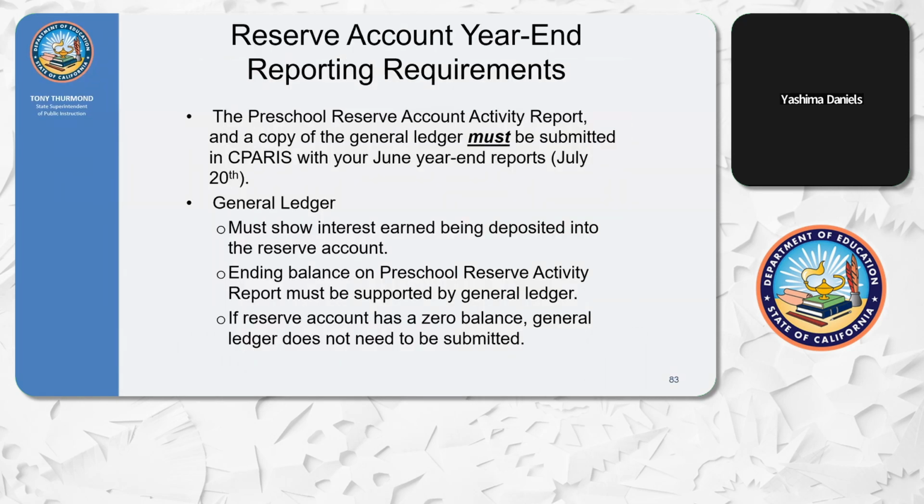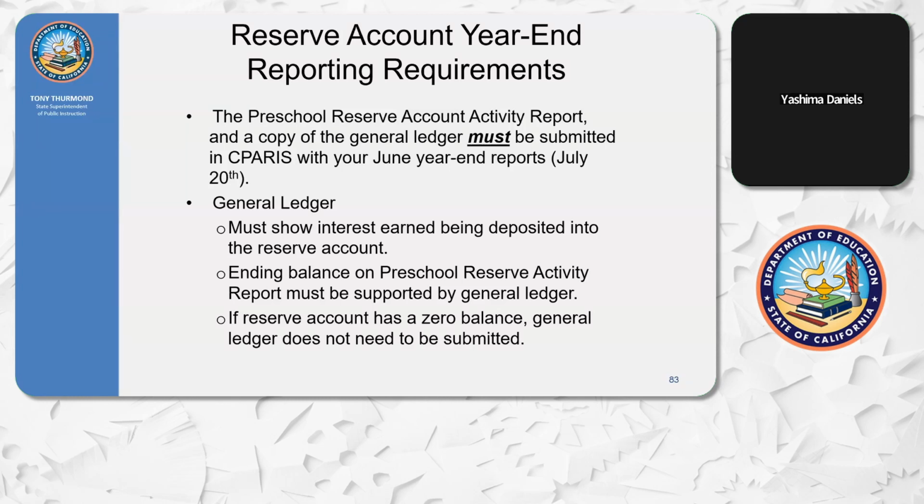Some final thoughts on the reserve. As previously mentioned, your reserve account activity report is due along with your June report on July 20th and must be accompanied by the general ledger. Your fiscal analyst cannot process your June report without these documents and will reach out to your agency if revisions are needed. Some important notes on the general ledger that you will be submitting directly to your fiscal analyst is: